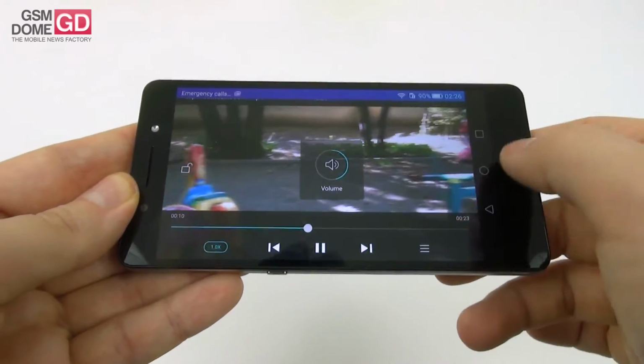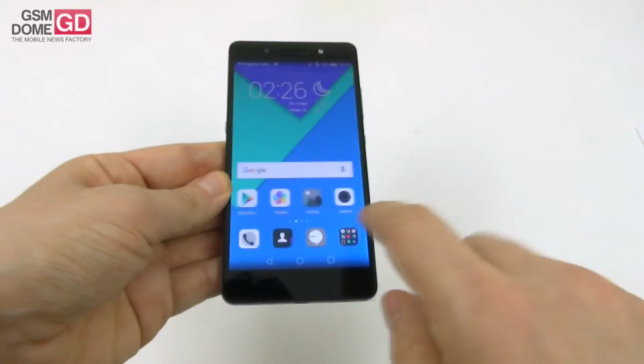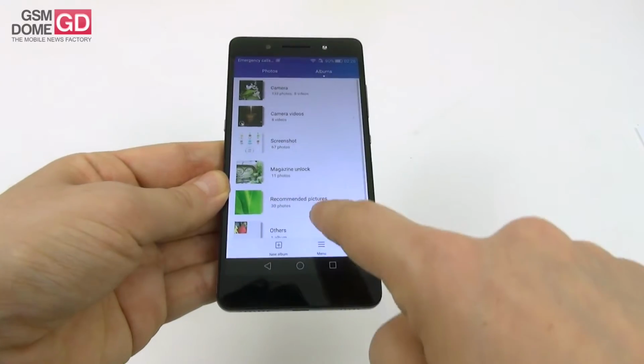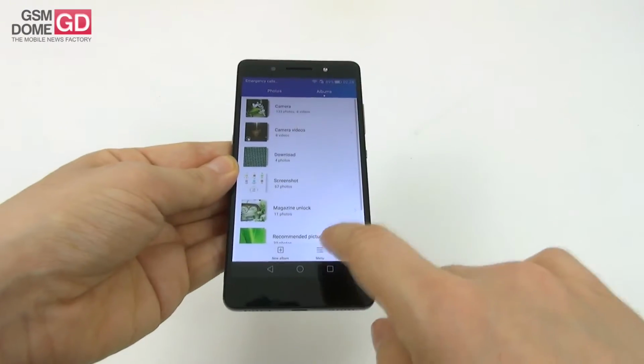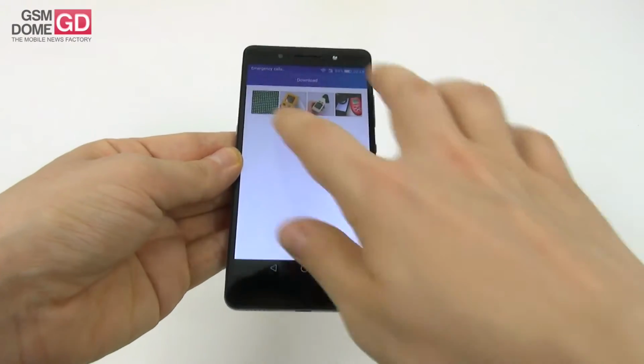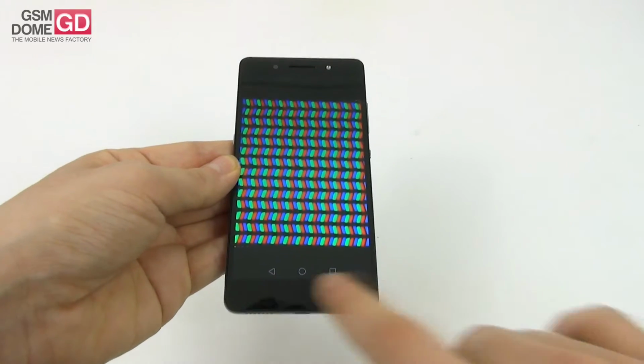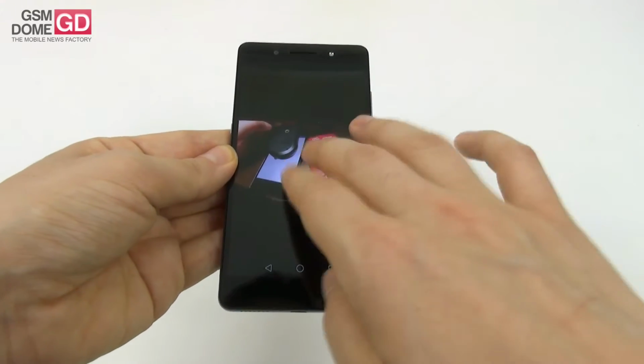And then we proceed further to the pixels of the display, which you should be able to see. Okay, so let's see how the pixel setup is here. These are RGB stripe pixels for this display under the microscope, and then we proceeded to the lux meter test